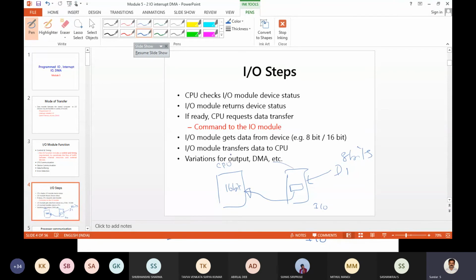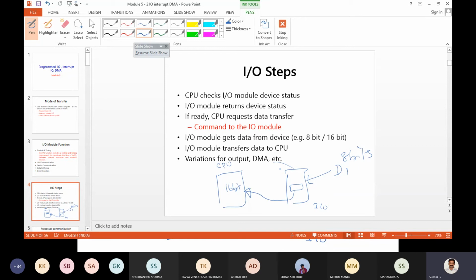Sometimes we can have a DMA type of data transfer, that we will see later in our syllabus. I think I can stop at this time because there are too many concepts. It may confuse you if I continue, because we will continue programmed IO and interrupt driven IO in the next class. But I want you to understand the concepts, so let me clarify the points again.